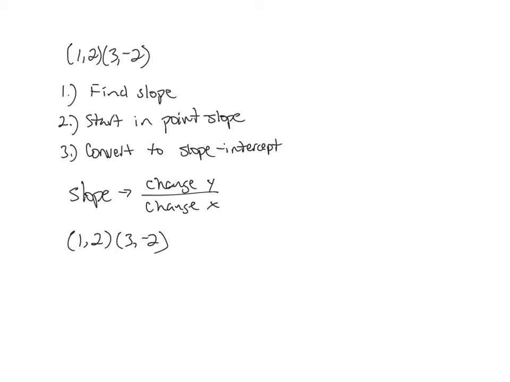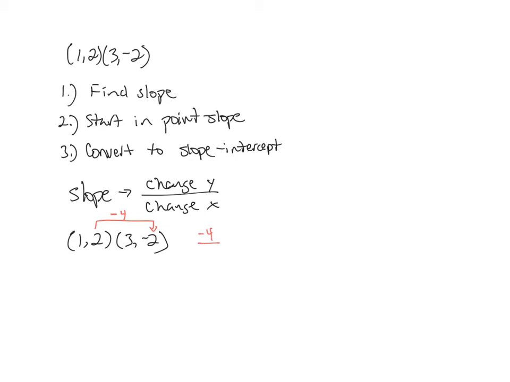So change in y, that's 2 to negative 2. Well, if it's positive to negative, that means it gets smaller, so it's going to be a negative. And then if you think on a number line from 2 to negative 2, how many spaces is that? And if you count them, it would be 4 spaces. If you count down from 2 to 1, 0, negative 1, negative 2, you went down 4 numbers. So we'll have negative 4